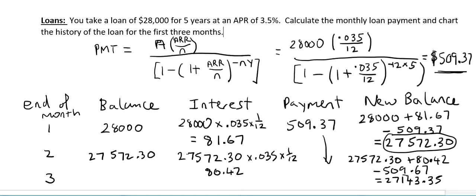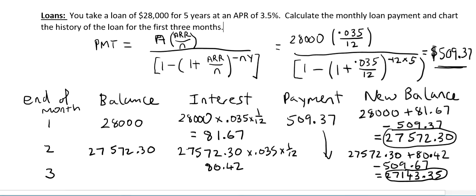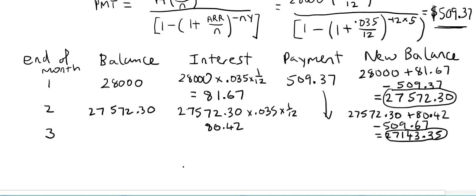27,143.35. So that's what I owe now after the second month, 27,143.35. And so this goes on into the third month. So I'll put the third month down here. So after 2 months we owe 27,143.35. If I calculate the same interest, see if you can calculate this. If you take this amount of money and multiply it by 0.035 and times 1/12, you should get 79.17. That's the interest. And of course the payment is the same,